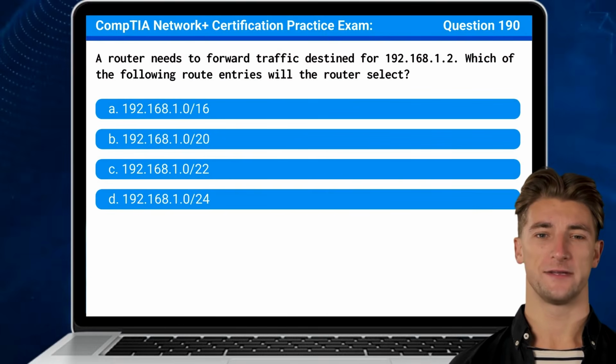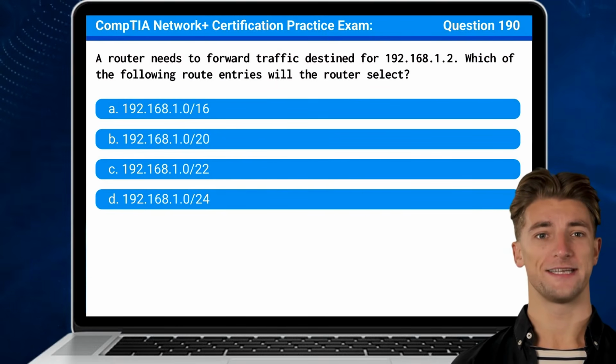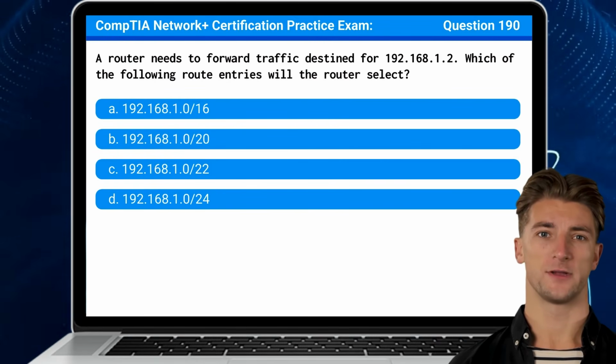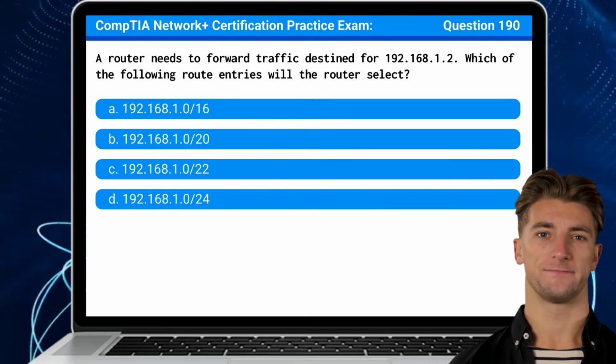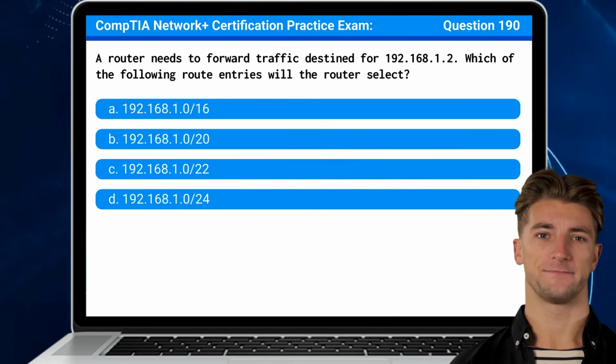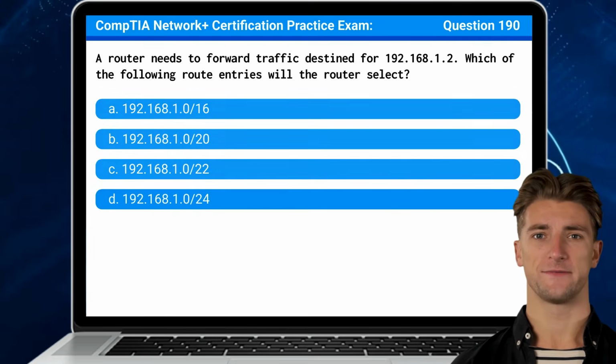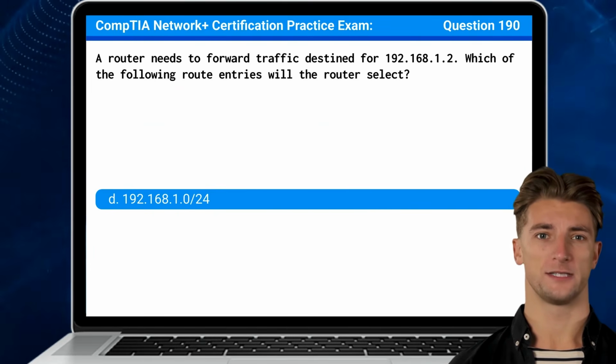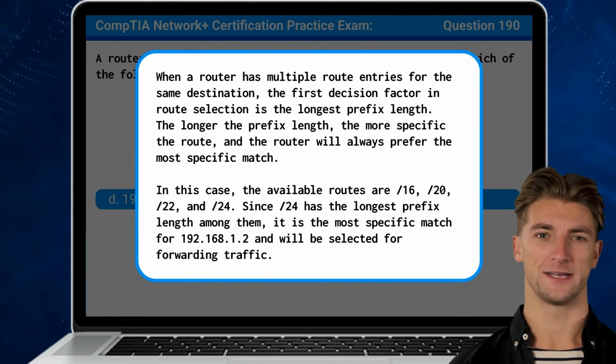Question 190. A router needs to forward traffic destined for 192.168.1.2. Which of the following route entries will the router select? The answer is D. 192.168.1.0/24. When a router has multiple route entries for the same destination, the first decision factor in route selection is